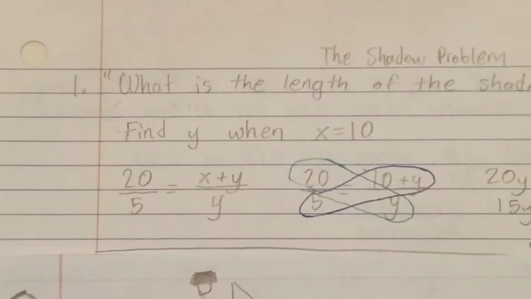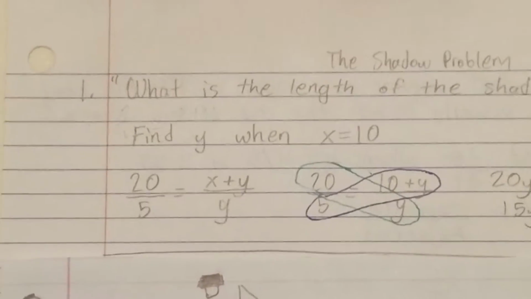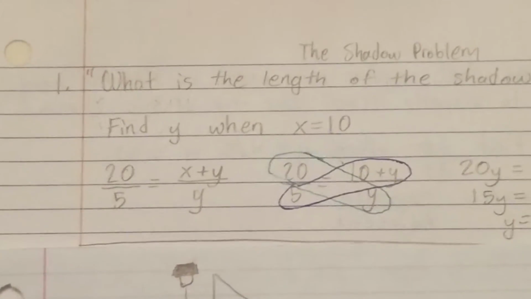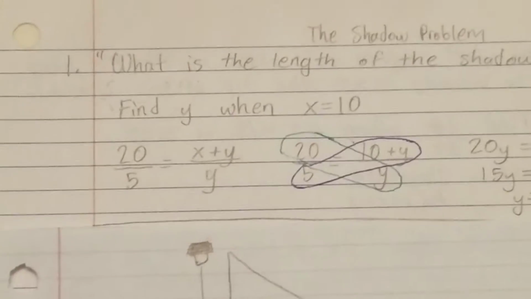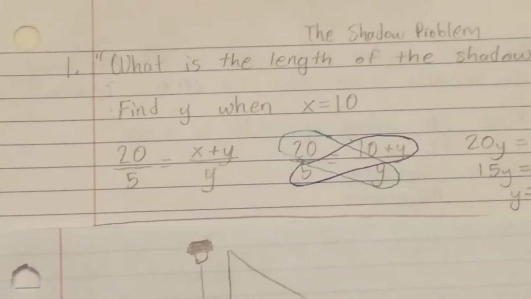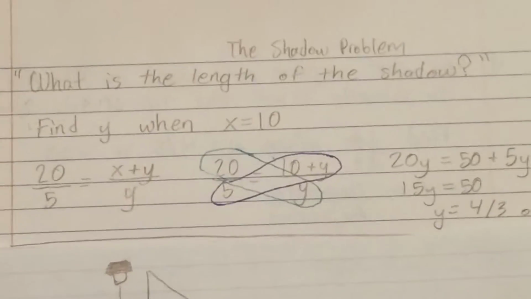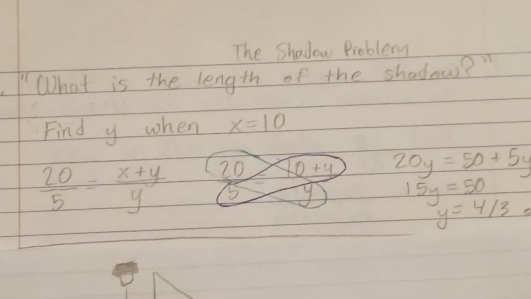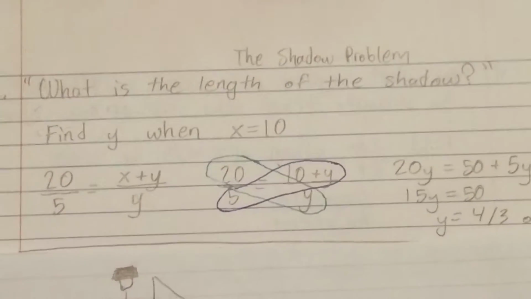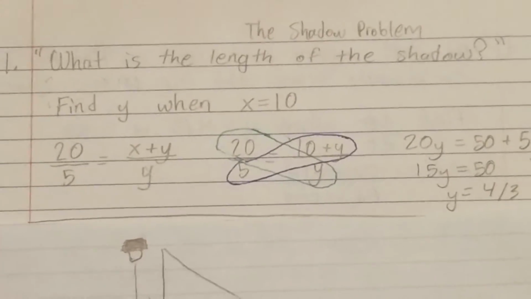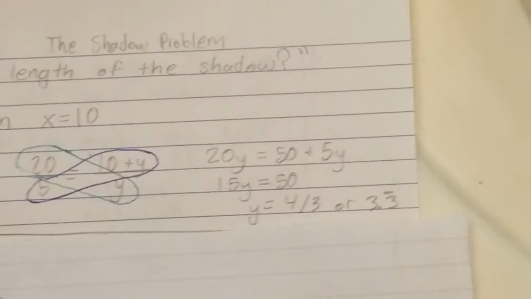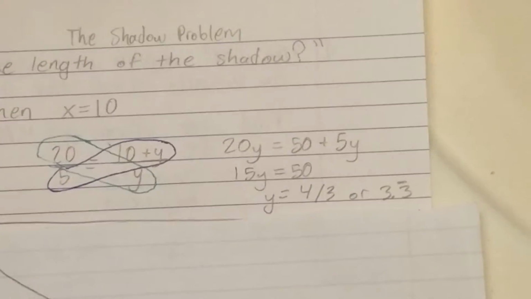So the sides of the big triangle, 20 and x plus y, over the triangle within the bigger triangle, 5 and y. Then you plug in 10 for x because that's the distance behind him. So then from there we could cross multiply, and then we could simplify it down to y equals 4 over 3, or